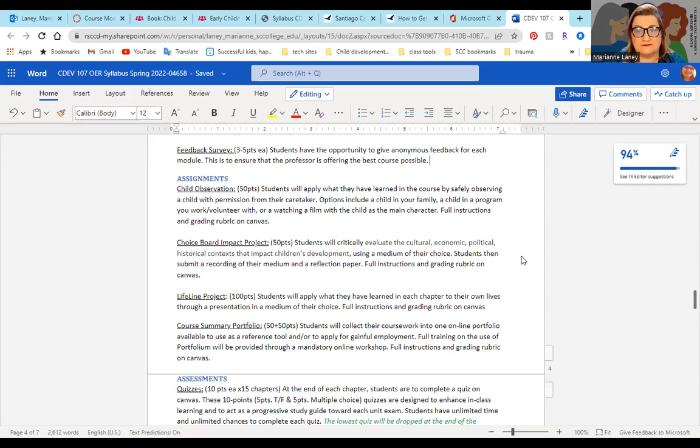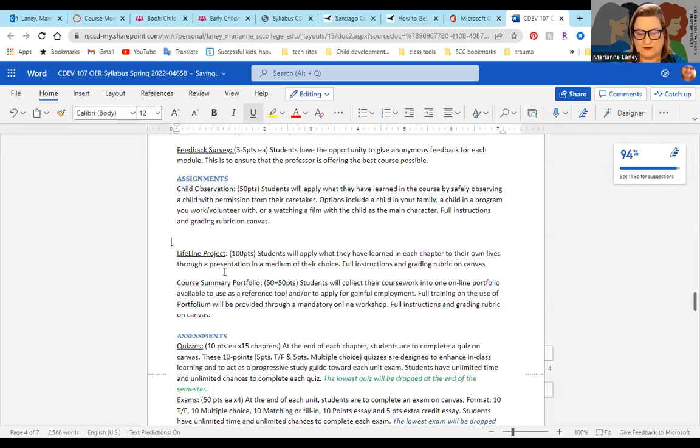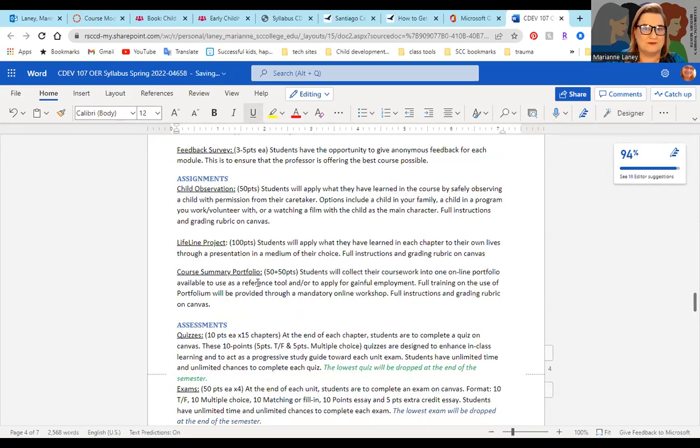These are our assignments. We're having an observation. You know what? I haven't decided. You know what? This one I'm going to take out right now. There we go. Just took out one assignment because we have one last month. Usually when we have 4 months, 16 weeks, I have 1 assignment per month. This one, we have 3 months. Maybe 3. The observation, I give you guys opportunities to do it on videos, to do it in person, or